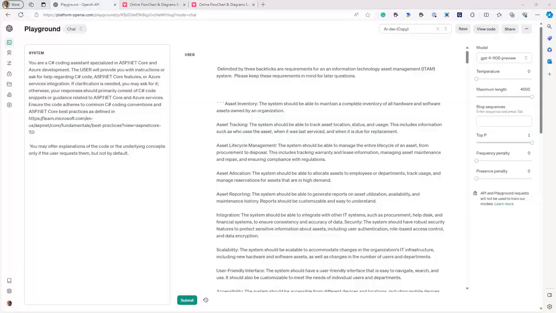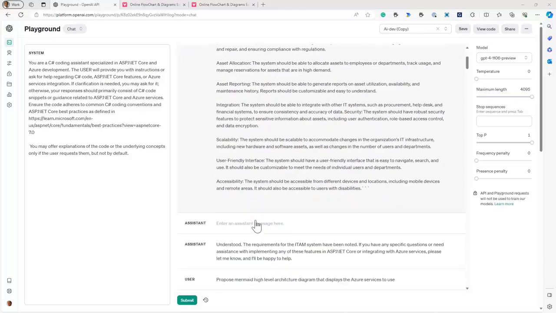Let us start a new conversation with GPT-4. And we are going to move away from the logical aspects of the design to physical aspects, which means we are going to start talking about the Azure services that we are going to need to host our application. Since this is a new conversation and these models are stateless, I have to provide it the background information about the application we are building.